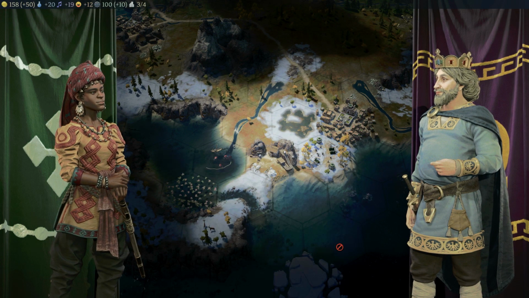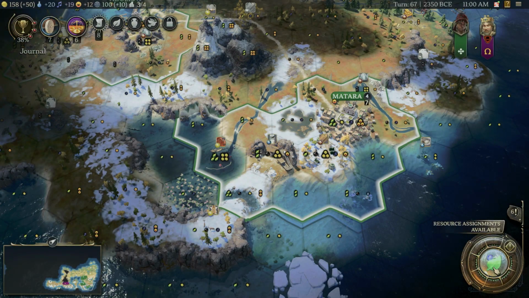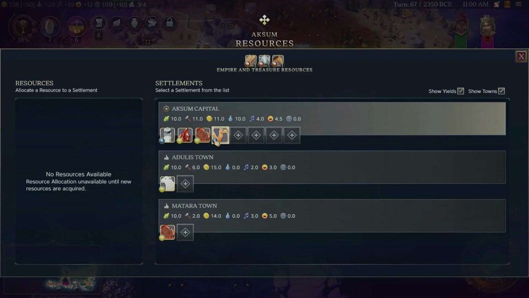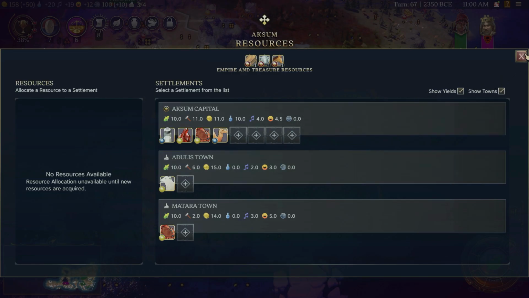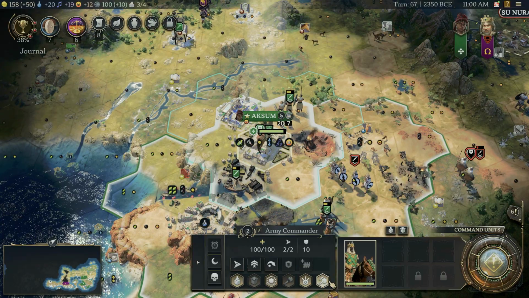God. I'm not gonna have you do that to me. Right, what did we just get? Got some crabs, didn't we, down there? We'll leave it as is, because I don't need to buff my main city right now. I just need to make sure we got...